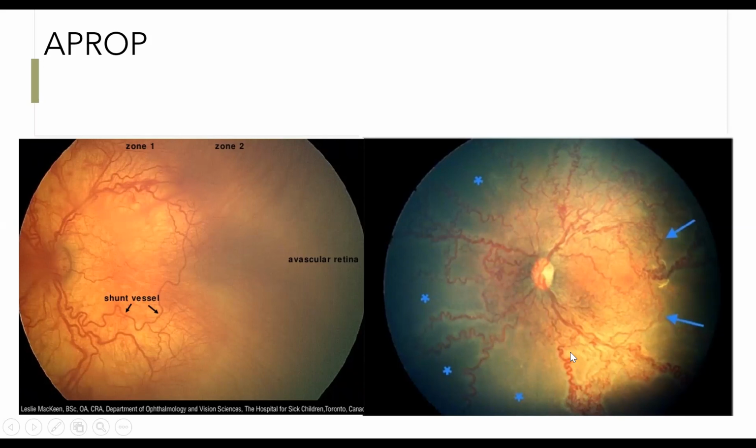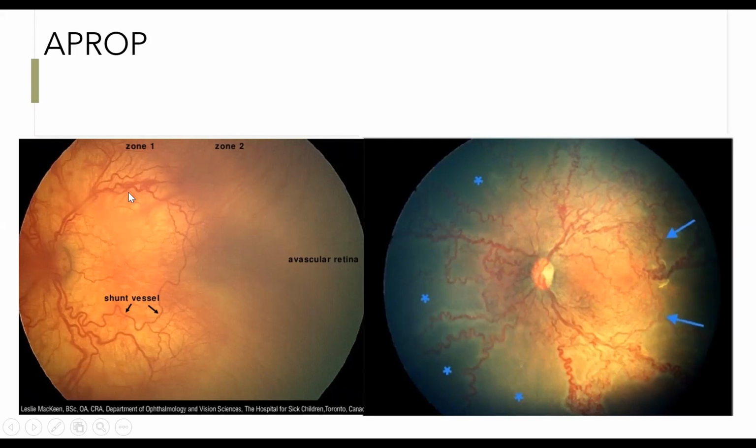This is a high contrast image, so you can visualize it so easily. But in a non-contrasted image, when you see by the indirect ophthalmoscope, it's very difficult. Like in this image, if you see, these all are choroidal vessels, and these vessels will be very fine. So it is very difficult to differentiate the choroidal from the retinal vessels. Therefore, you miss the disease.